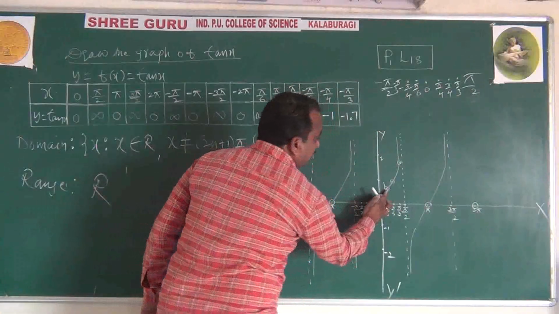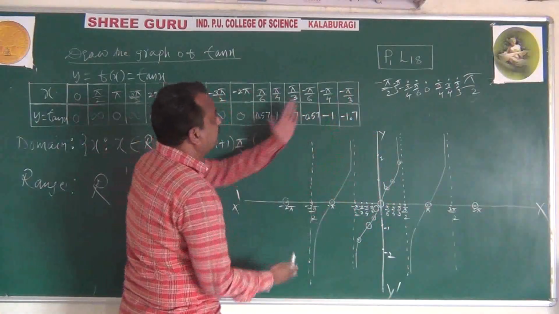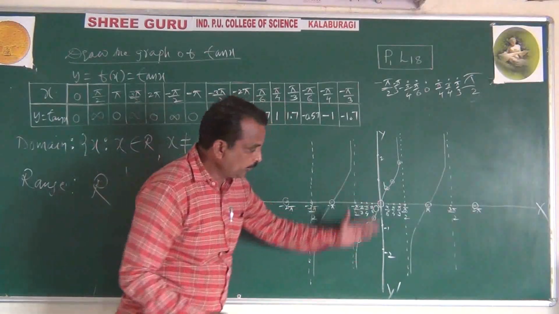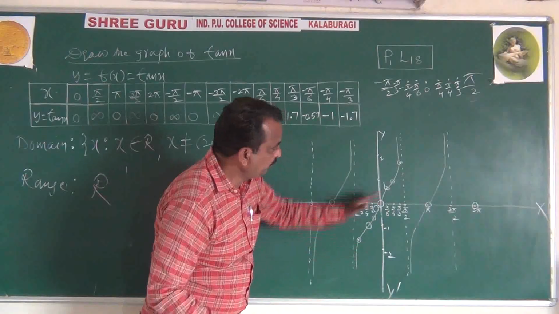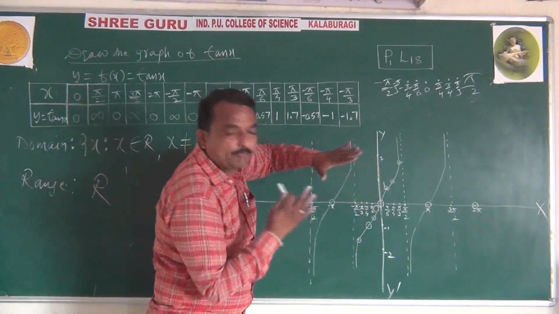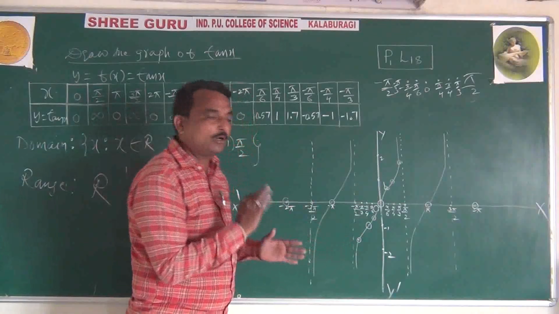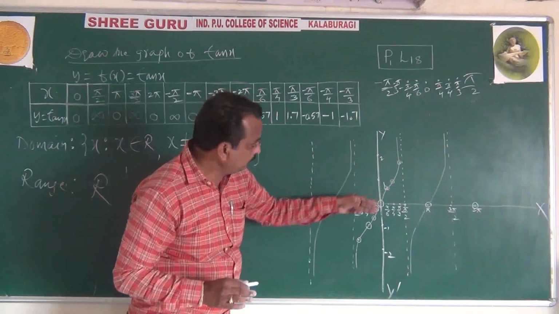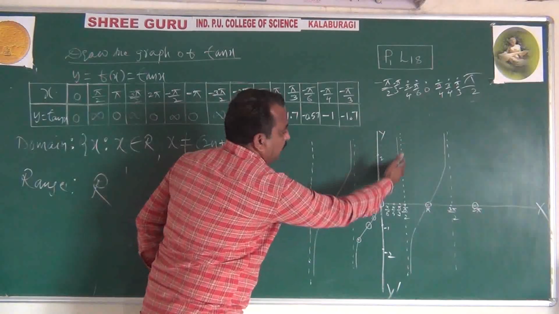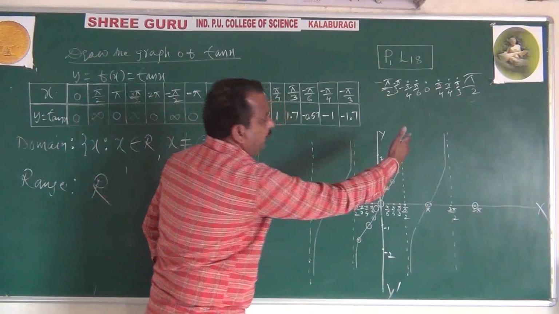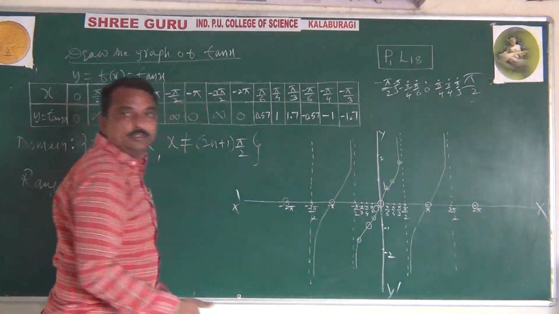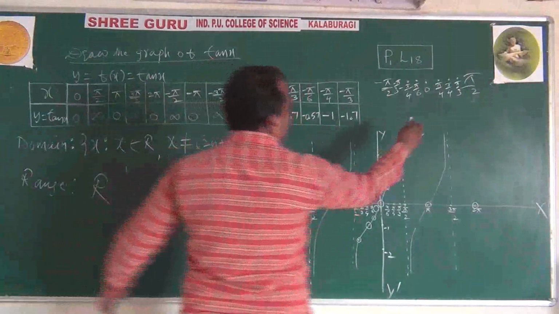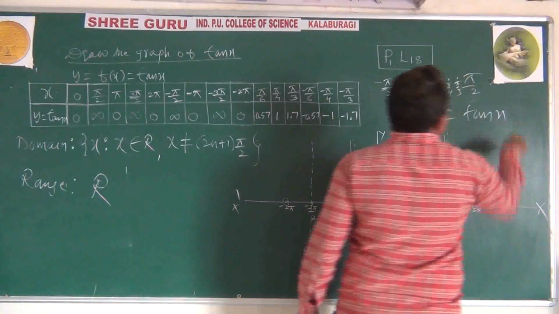These three points are above the x-axis on the positive side, and the negative values are below the origin. Above the origin I have taken three points, and below the origin three points. After taking the x values, you mark the y values, three above and three below the origin. I joined these points above and below, and you get the curve in between the infinity lines. So this is the graph of y equal to tan x.